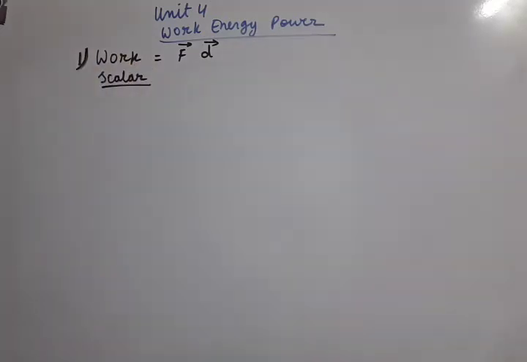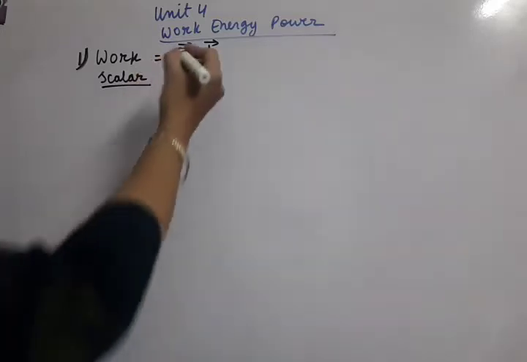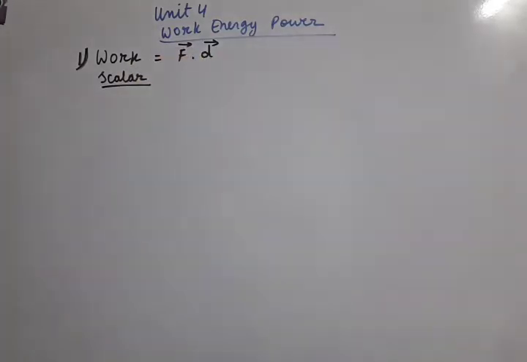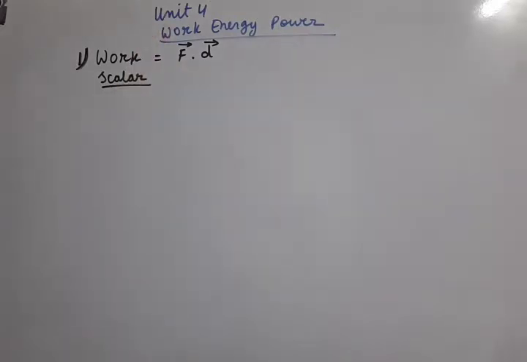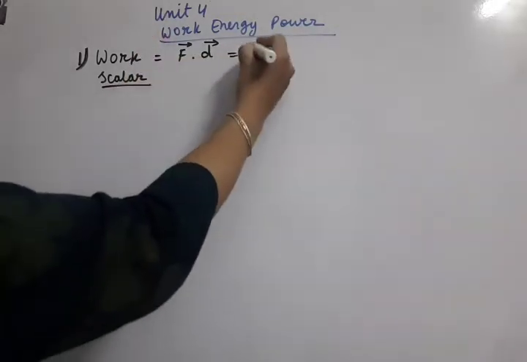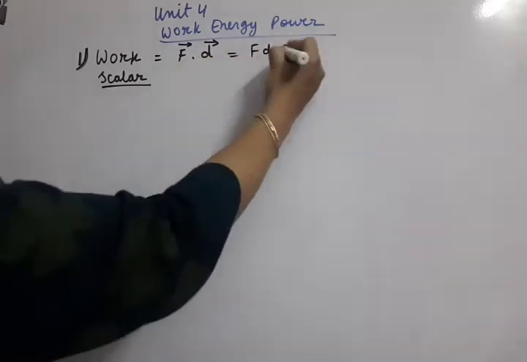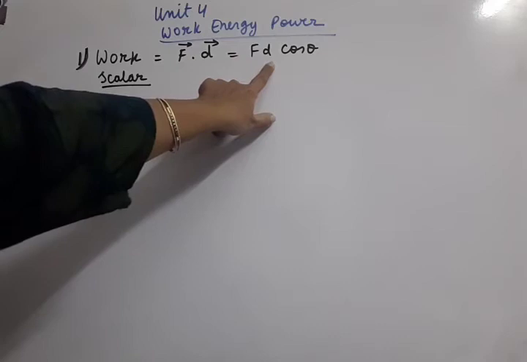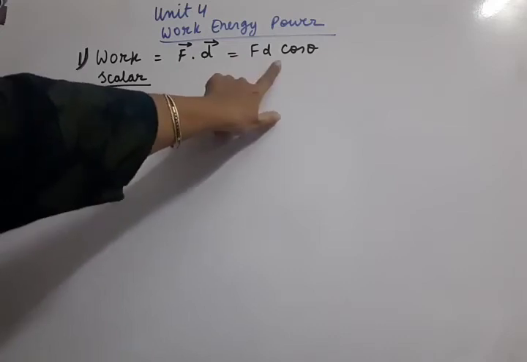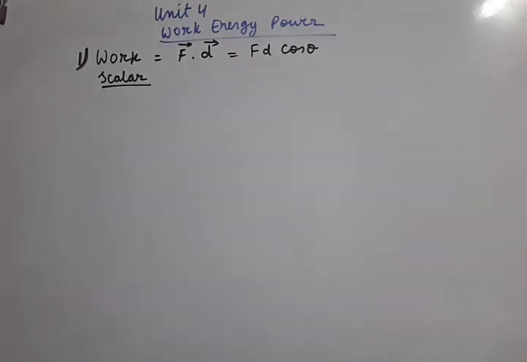So if the resultant quantity is scalar, that means here dot should be substituted, because the answer of the dot product comes as a scalar quantity. So F dot D is the correct formula for the work. Or we can open this dot product. As we already know, F dot D is FD cos theta, where theta is the angle between force and displacement directions. So this is the formula which we are going to now use for work.